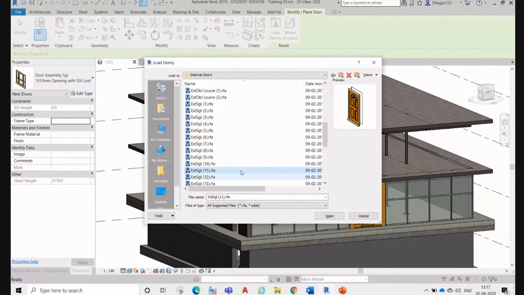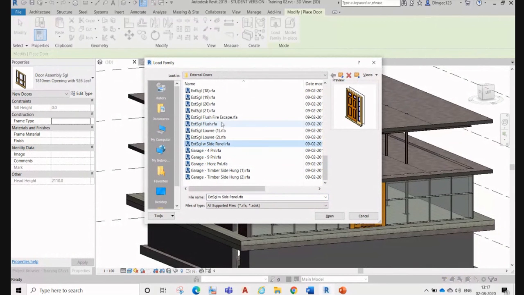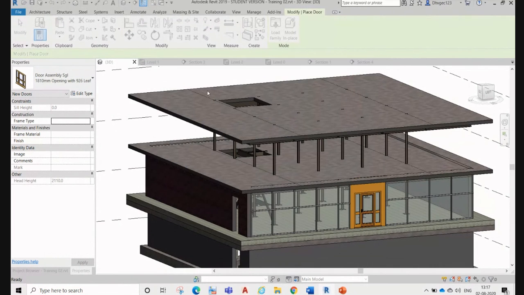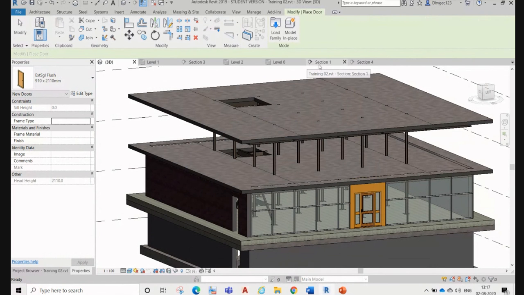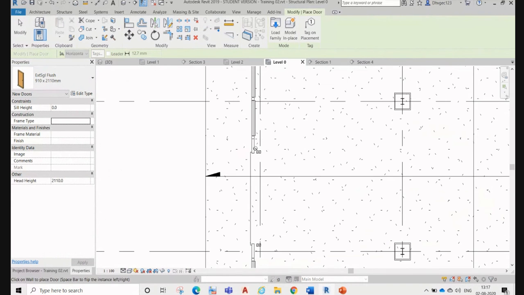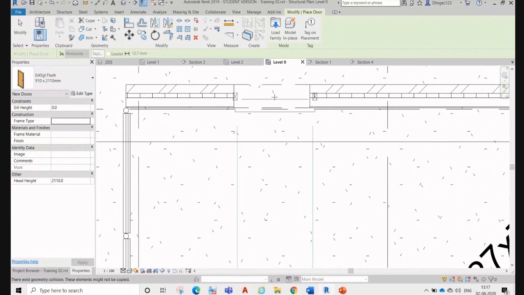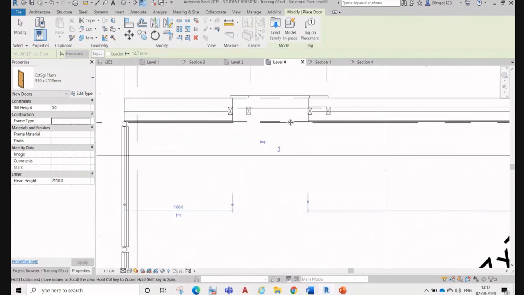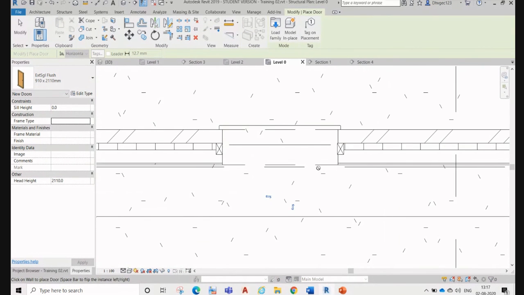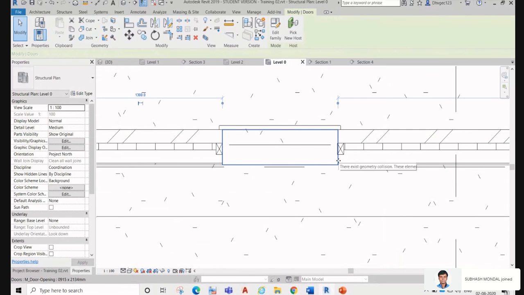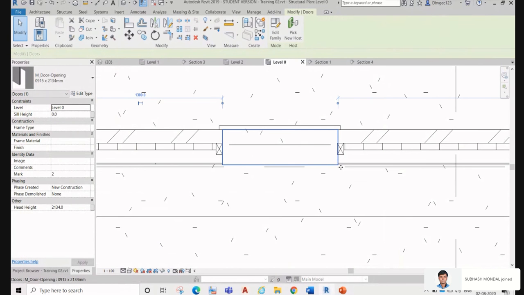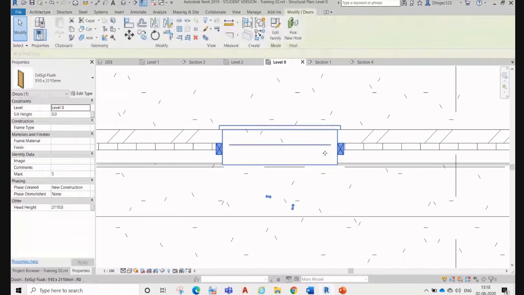You want a simple door, that one, go here, then go to first floor, ground floor, and you can put that door over here. Right, so now we can remove the old door which is just an opening.